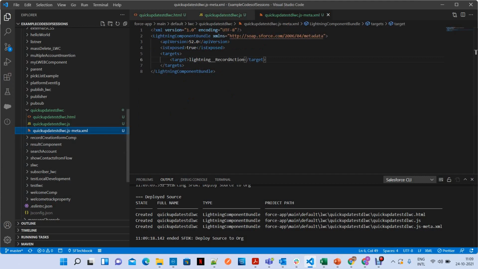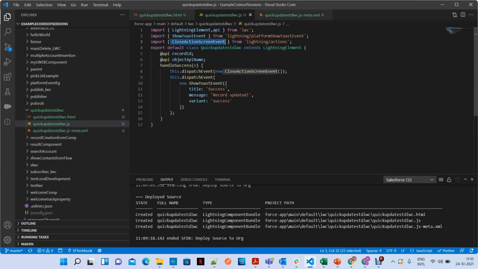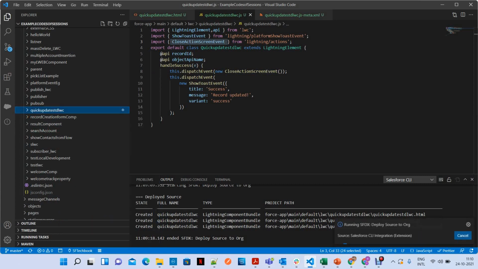For exposing your component to a Lightning quick action, the major thing you have to know is the target you have to configure, that is lightning__RecordAction, and the new thing here, CloseActionScreenEvent. Both are new. Let's save once again.